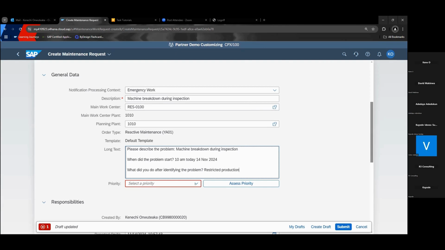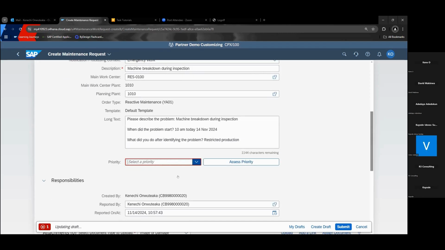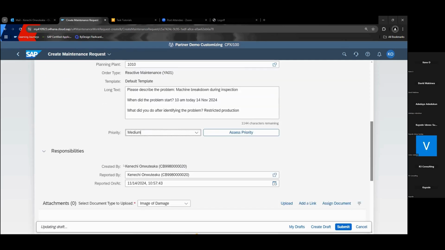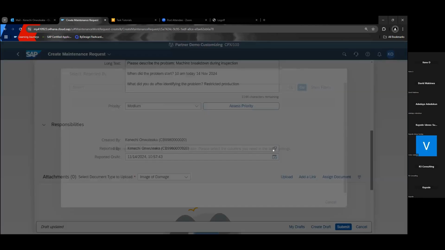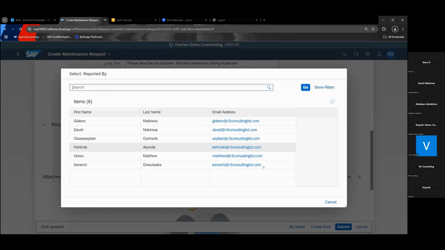So we can select a priority. Is it high, very high, medium? Let's use medium. Then created by, reported by: you could use someone else, but since I'm using my account, I would like to use my own name.